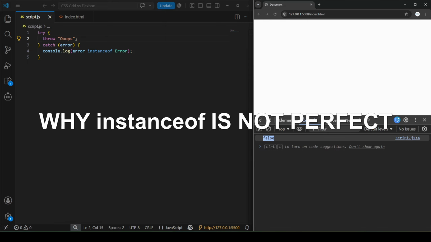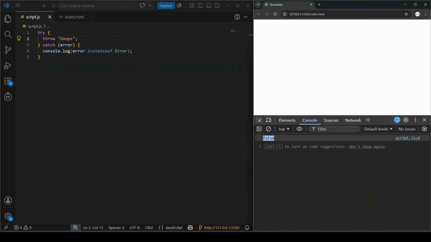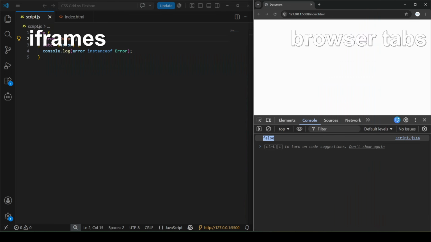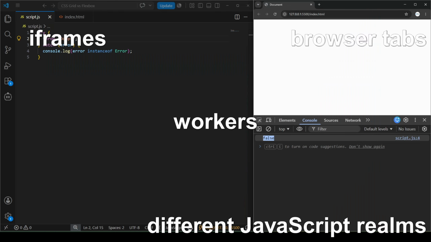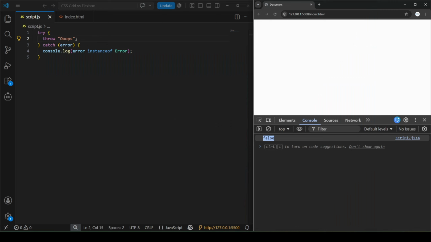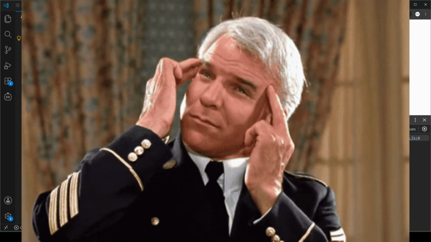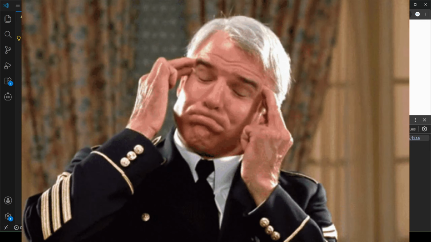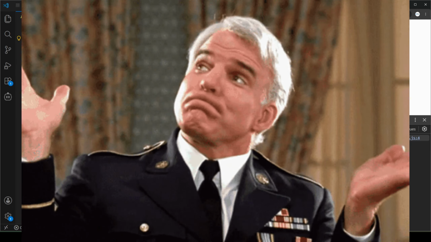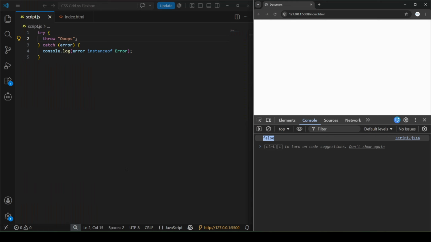Modern JavaScript applications can communicate with different environments. For example, iframes, browser tabs, workers, different JavaScript realms. Sometimes an error object can come from another environment. In those situations, instanceof Error may incorrectly return false. The value is still an error, but JavaScript can fail the check because it comes from a different realm. You don't need to memorize the technical details. The important thing to remember is that instanceof Error is not always 100% reliable, and that's exactly why Error.isError